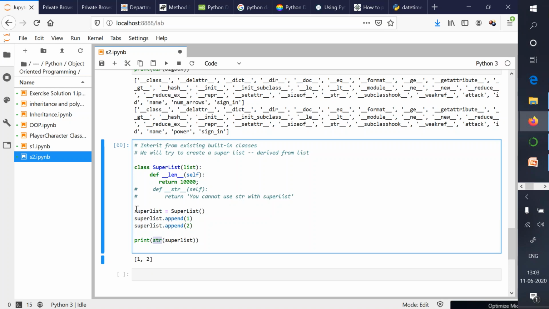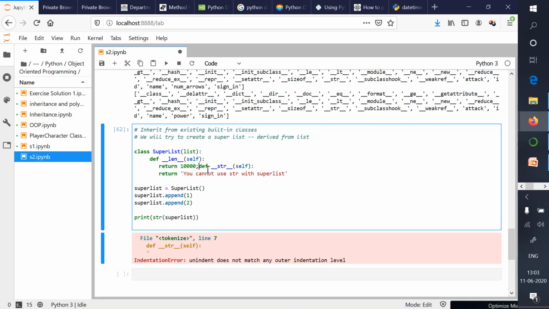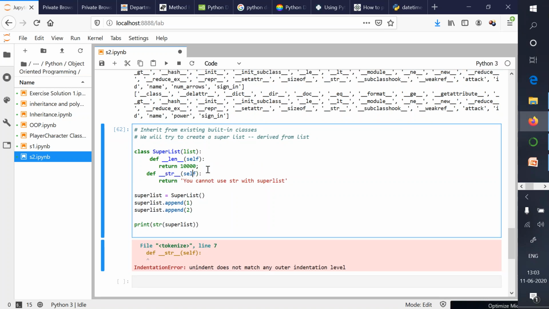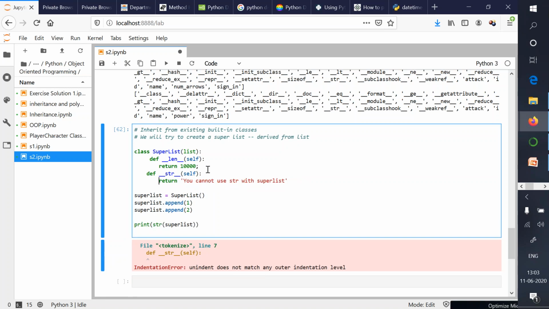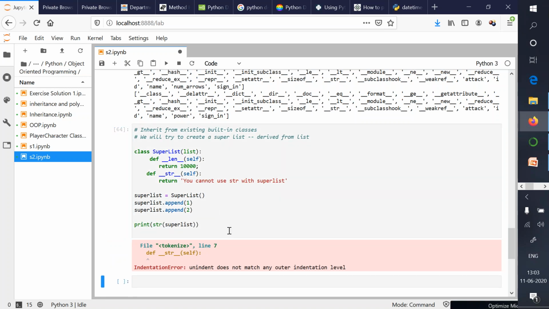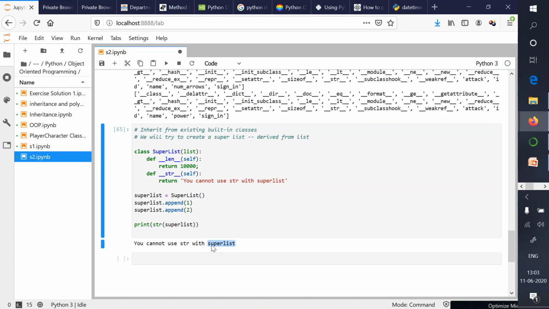But if I override this existing string method, in this case, let me remove these comments. Now you will run the program. See, you are getting the output: you cannot use str with superlist.